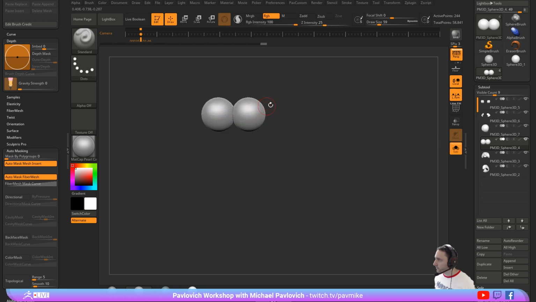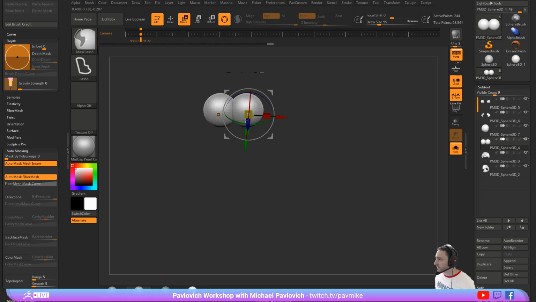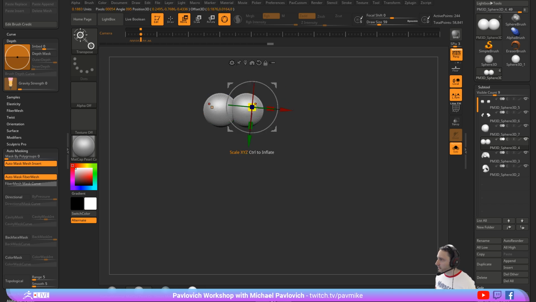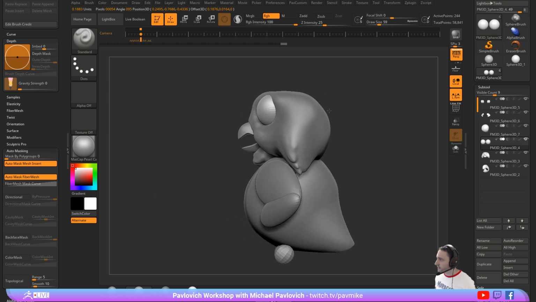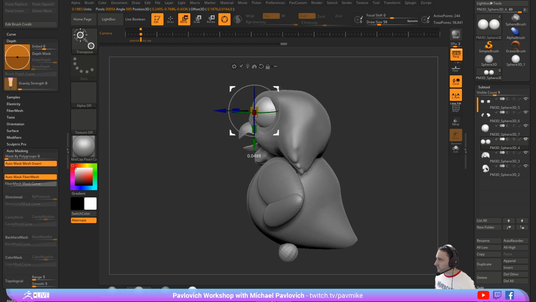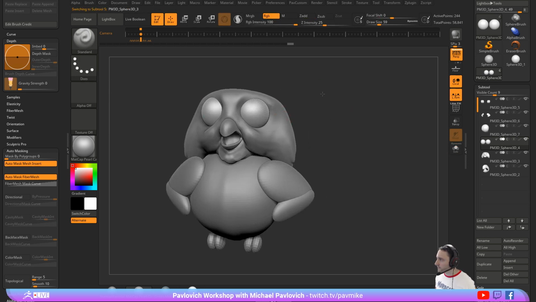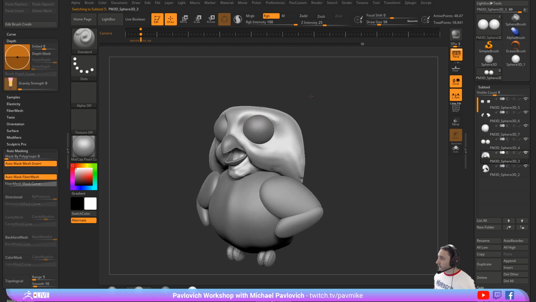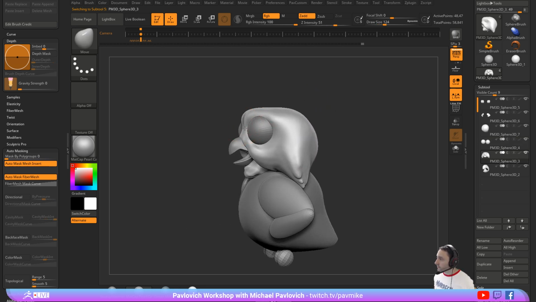Now, when you put meshes together and then you try to separate them, sometimes they'll be sticky. You may have to delete one and then move it apart in the new Mirin Weld. This one seems to be doing a-okay, so I'm just going to move those so they're just not touching at least. And then we'll put that through here, and then we'll go ahead and knock this back so he's got a little